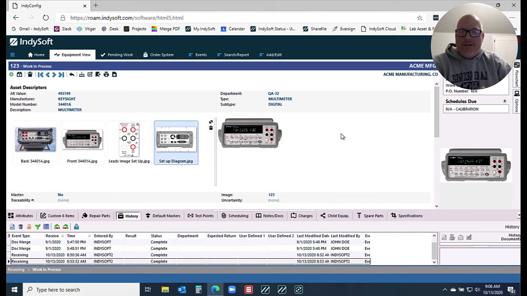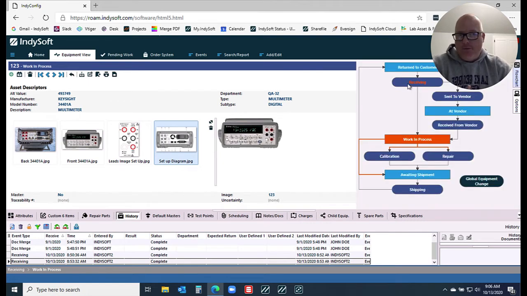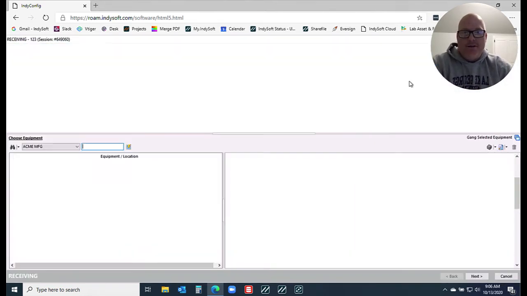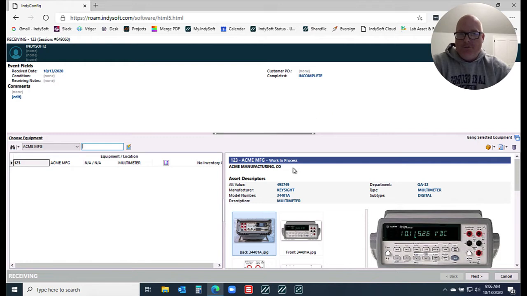So the other place that these new image groups are going to show up though is actually during the event system itself. So let's say I was performing an event and maybe it would be a receiving or a check-in or a checkout or a tool crib event, any capacity. If we launch the event itself, what's going to happen is those images are going to load in here as well if you embed these into this little preview panel here. Again, I'm an advocate of this because it allows you to see at the time of the event, multiple angles